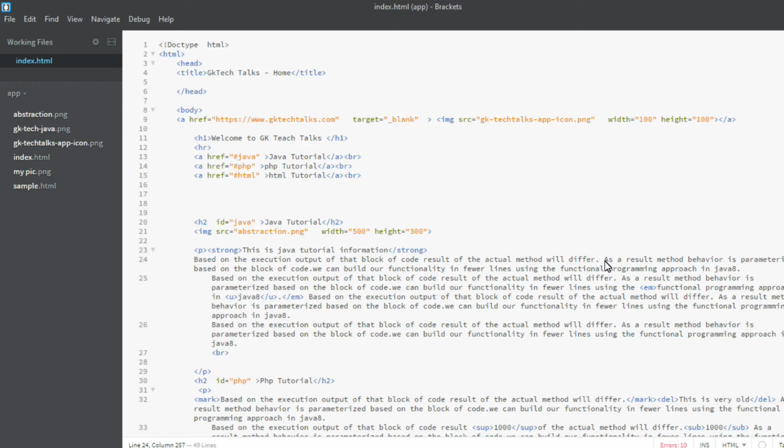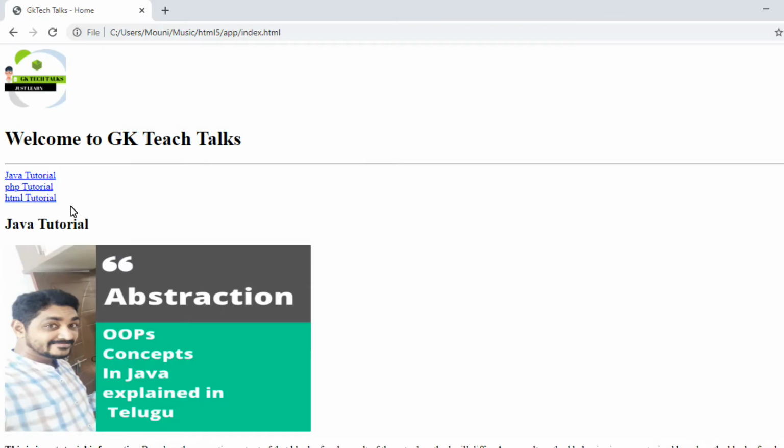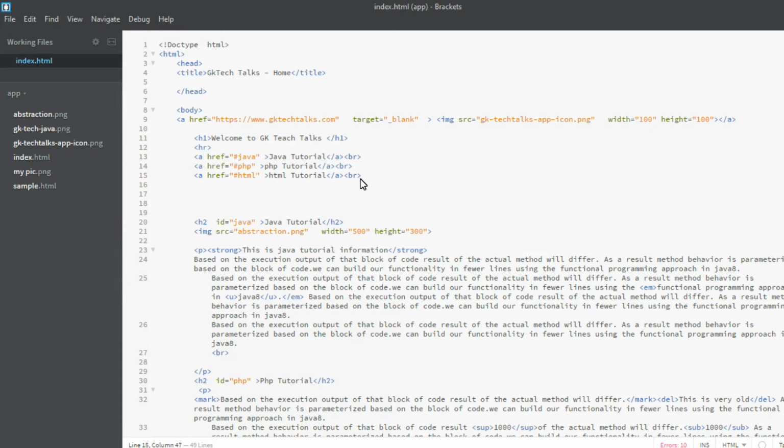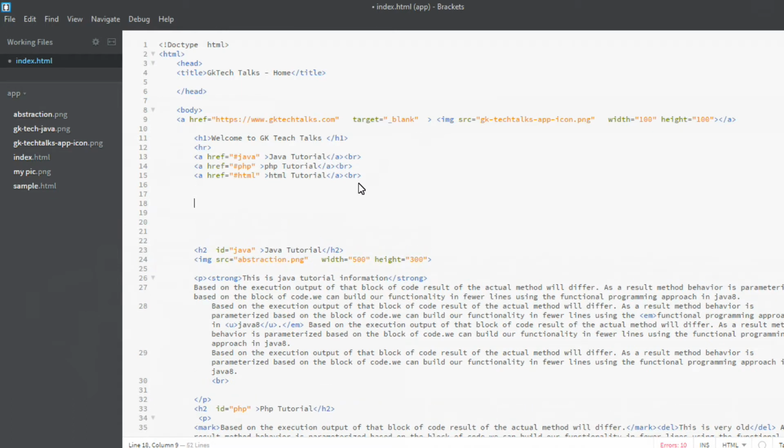Okay, let's get started. Here we previously designed this page, so I'm just adding to it so that we can easily observe what is happening. First is the definition list. There is a tag called dd.